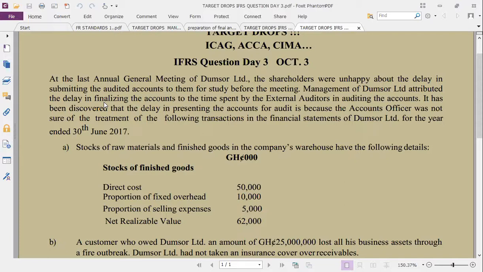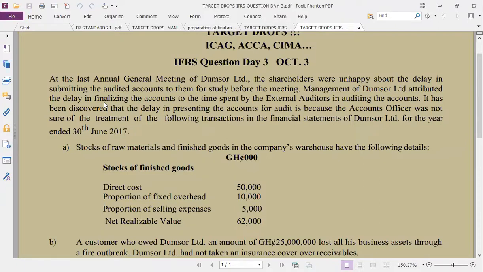Management of Dunso Limited attributed the delay in finalizing the account to the time spent by the external auditors in auditing the account. It has been discovered that the delay in presenting the account for audit is because the account